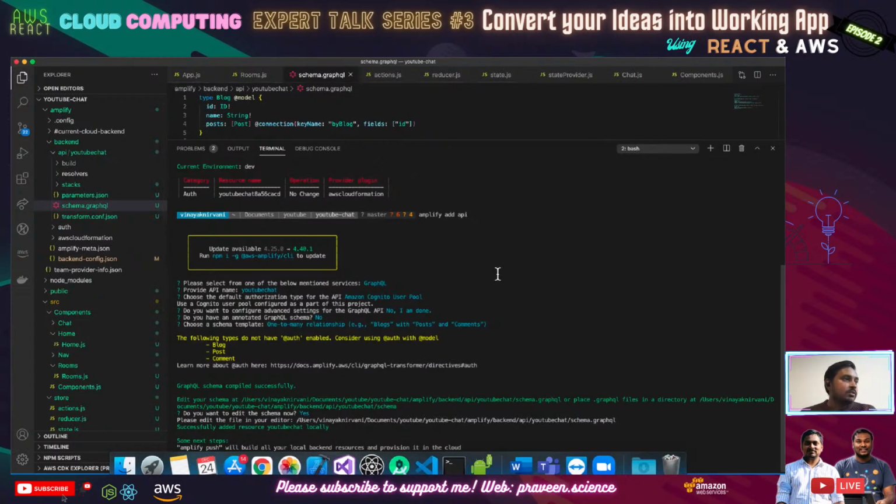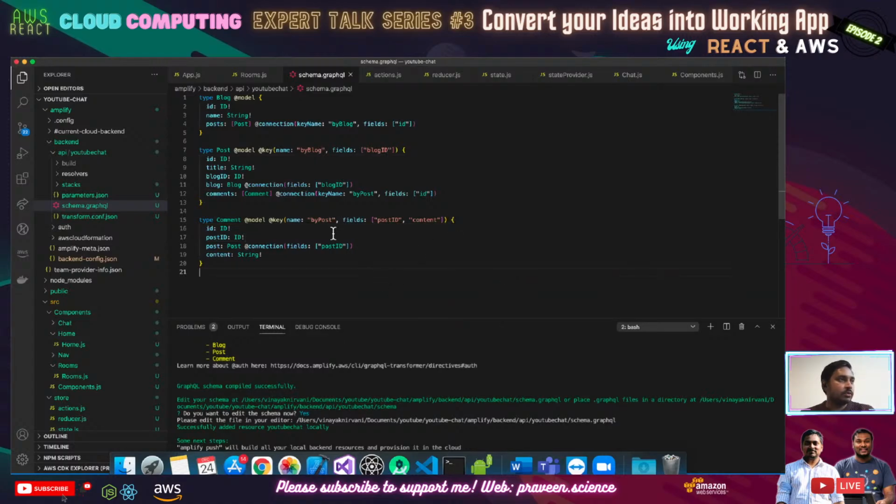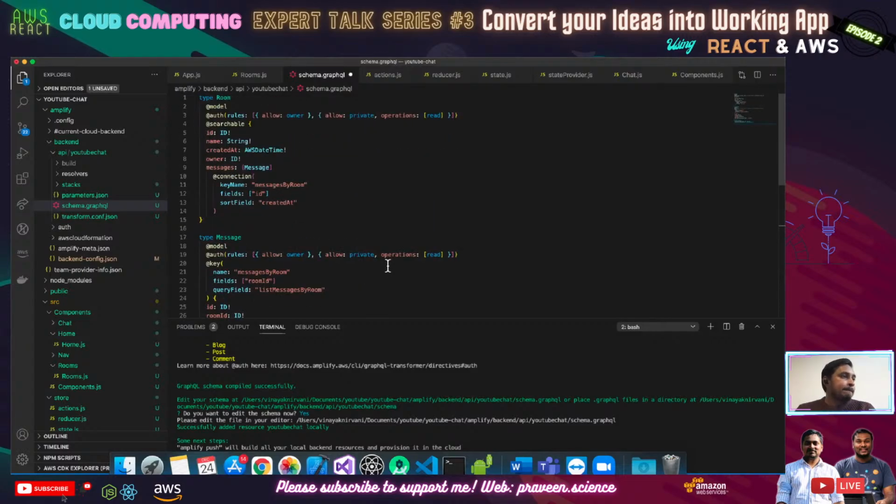When I say yes, all it's going to do is complete the process of creating the GraphQL API, and it's going to open up the schema.graphql file, which is where we will be writing the schema for our database. So this is the place where you define what your database looks like. Again, what I'm going to do is grab the schema that I would like to use, and then I'm going to talk about that schema. So if I just save this,